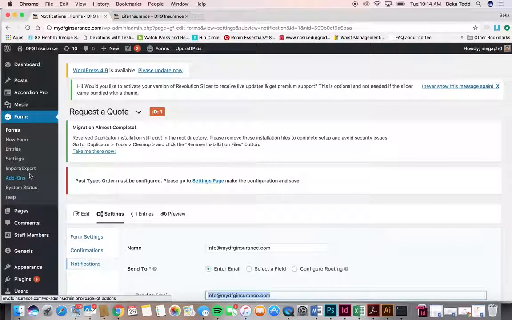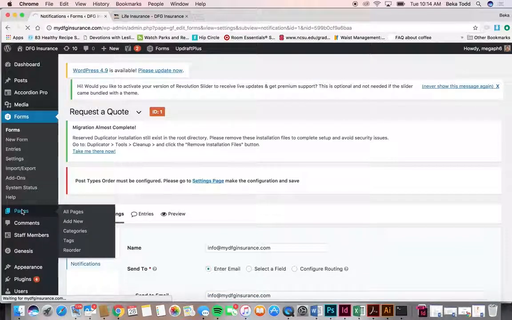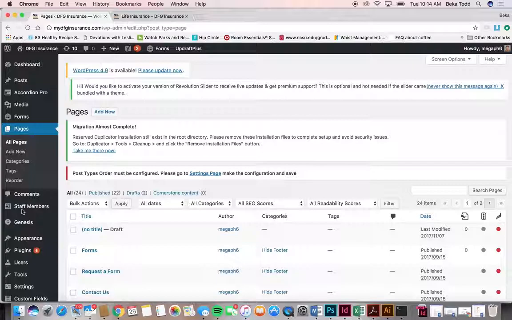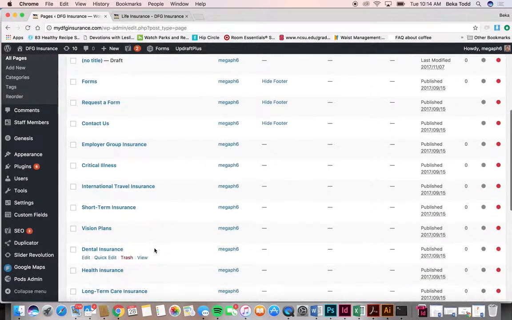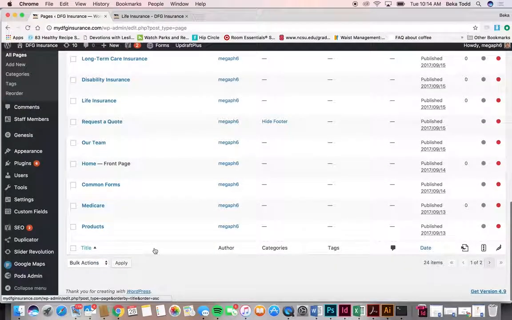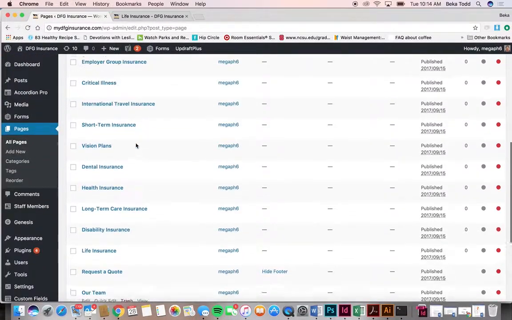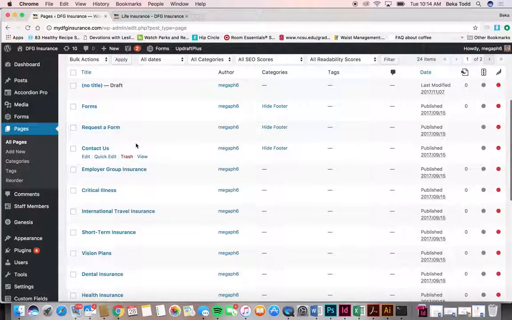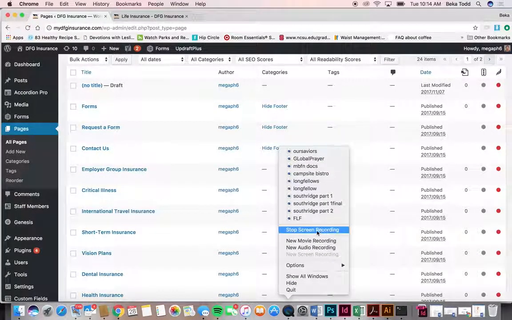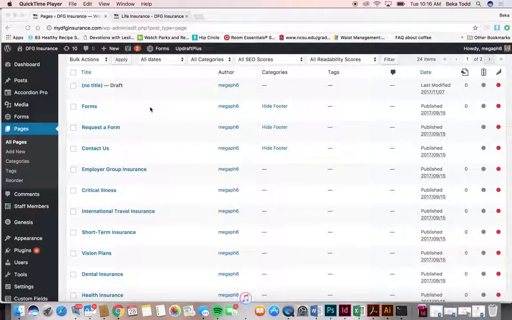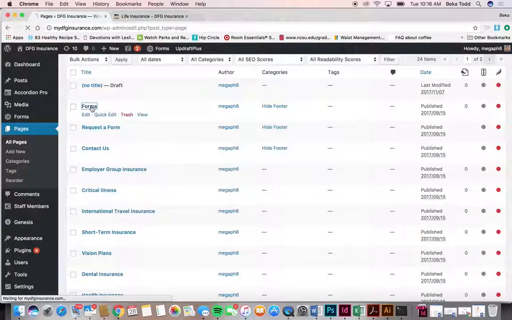And I think that's basically everything there. Yeah, so let's look at pages. This is where all your pages are located, as you can imagine and as you can tell. And so let's take a look at some of these pages. Under forms,